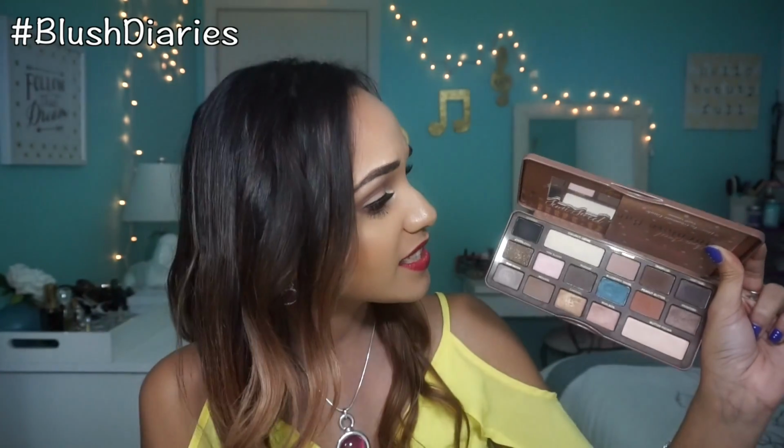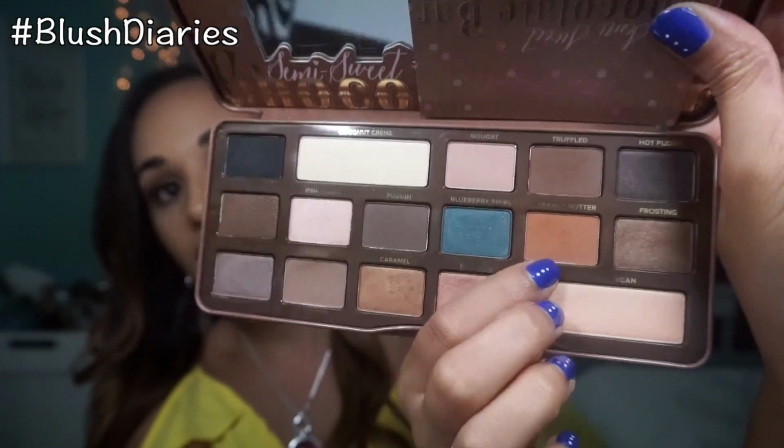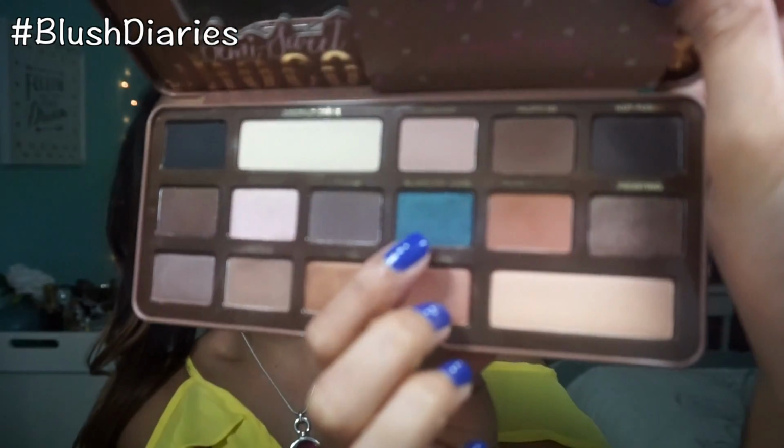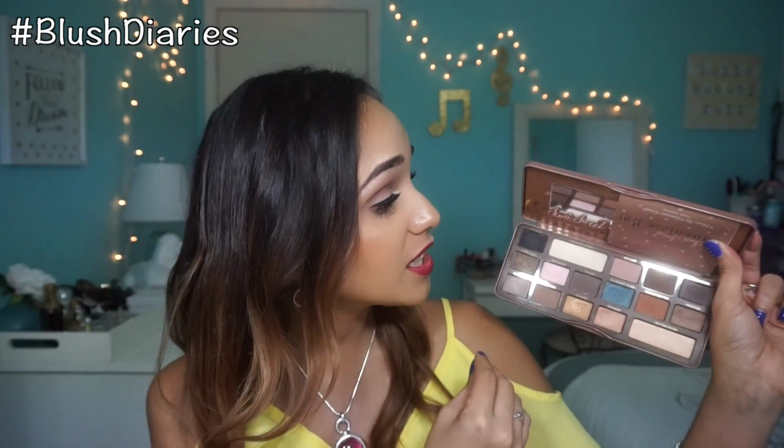I was very impressed. The reason that I got this palette was literally because of this peanut butter eyeshadow right here that you see. I thought it was such a pretty color, and Blueberry Swirl. I love these two eyeshadows. Those two were the ones that sold me, because I already had the original chocolate bar eyeshadow palette, but I am so glad that I did. The range in these, I believe you get, I think it's 50-50. You get mattes, but you also get shimmery